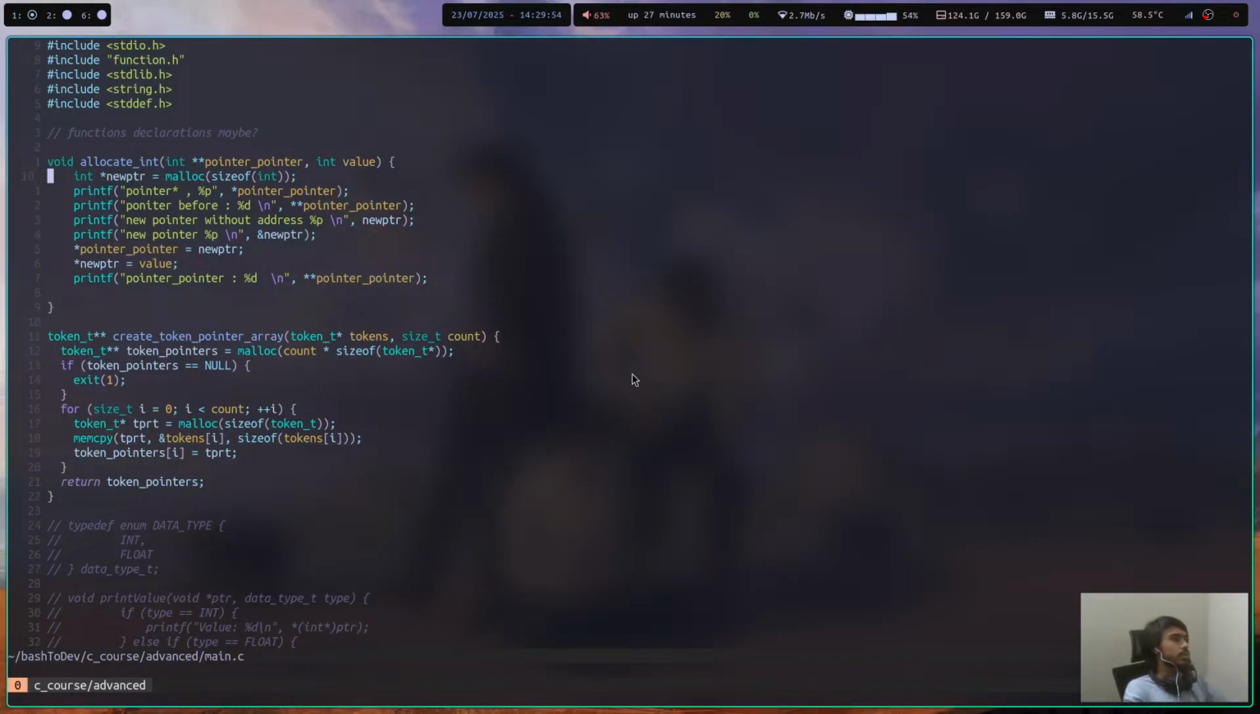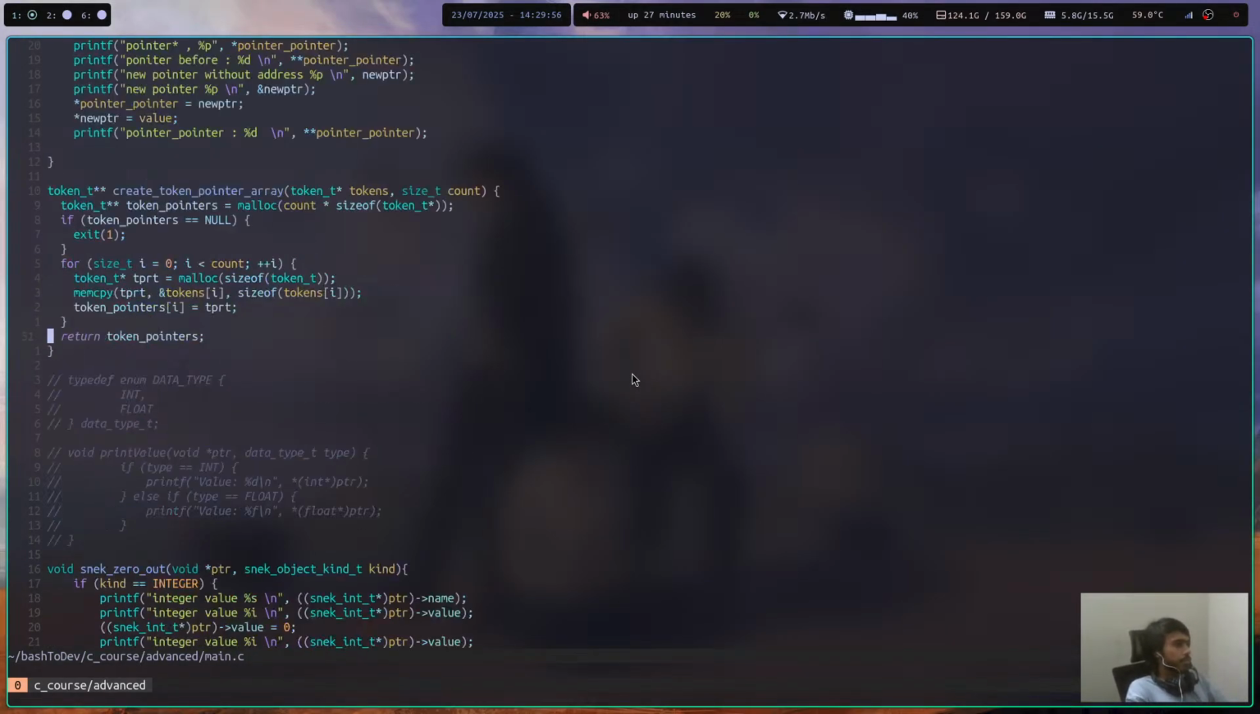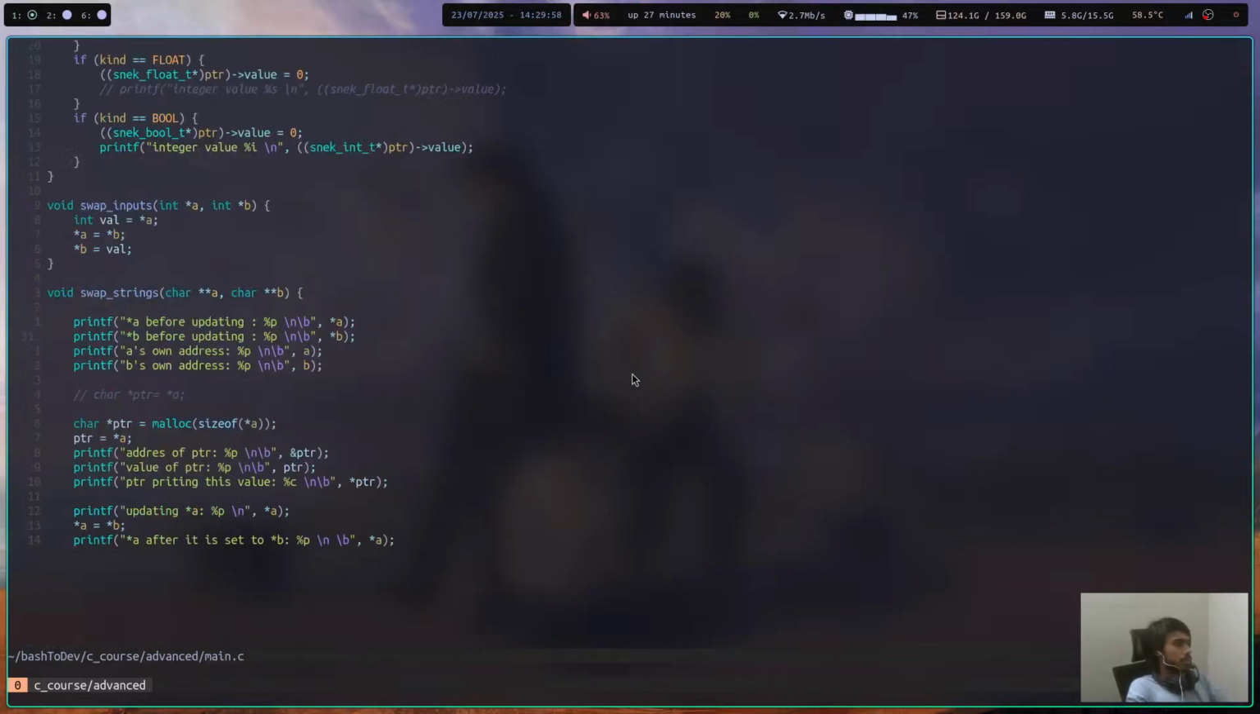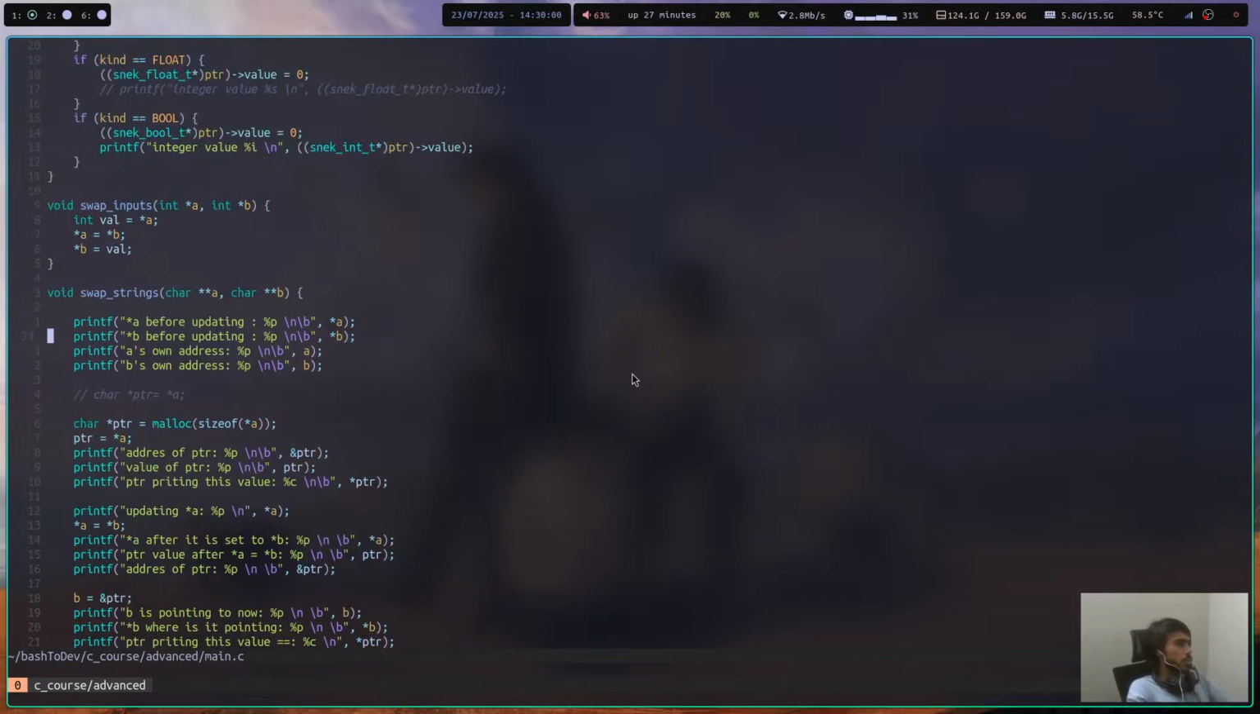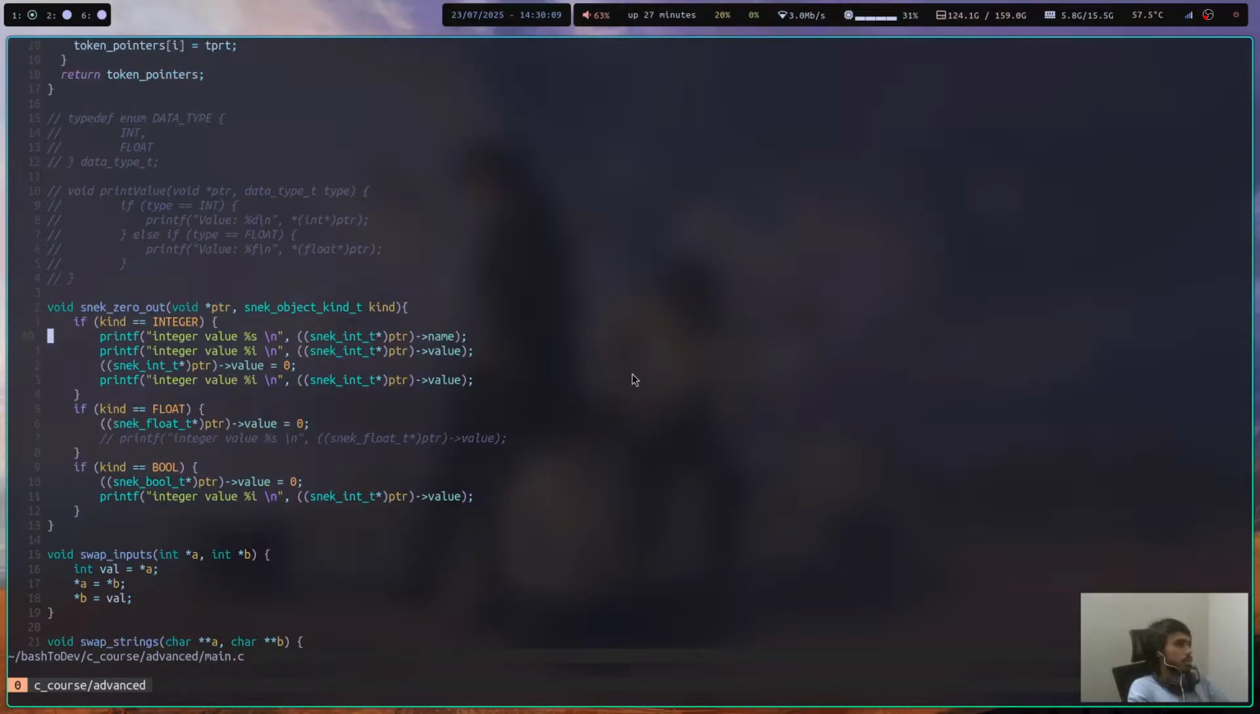So, having a recap of yesterday. What I was working on yesterday was swapping the strings, kind of. It was an advanced pointers topic, so we were working with swapping strings. So, one of the